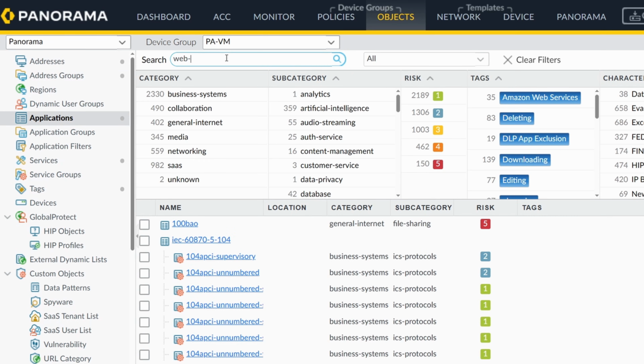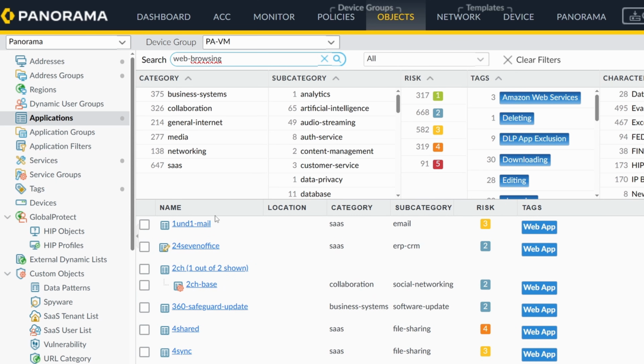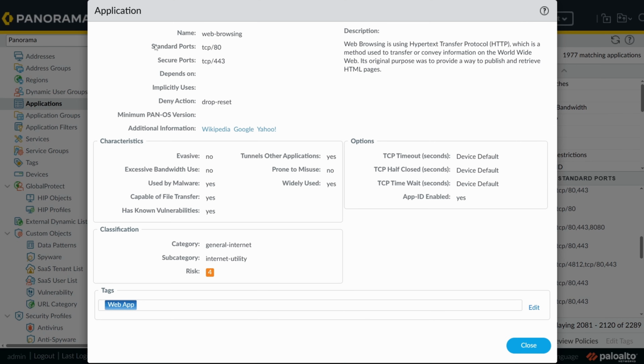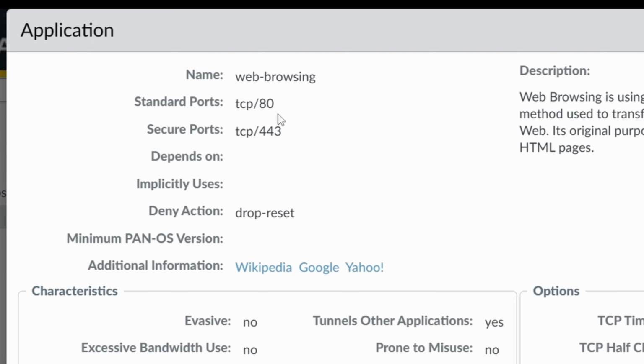So if I search for web browsing, and click on web browsing, you're going to see that the standard port is port 80, which I agree. This is clear text over port 80 that you should try to avoid allowing. But you have a secure port for web browsing, which is called 443, which the firewall usually uses when you